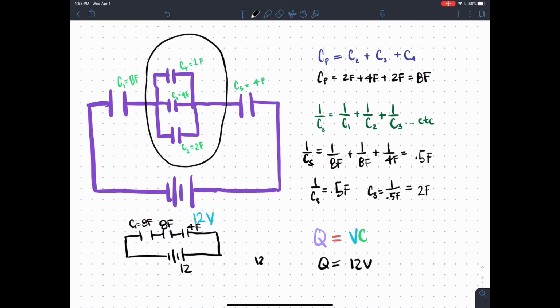Looking at it again, we have 12 volts and a single capacitor, which is 2 farads. So we can just take 12 volts times the 2 farads of the single capacitor, and the charge would be Q is equal to 24 coulombs as our total charge